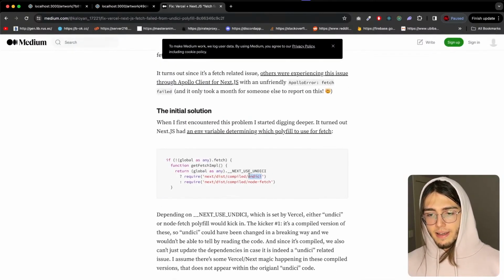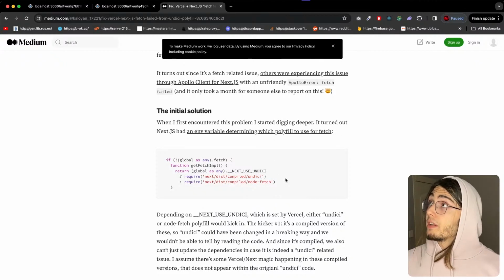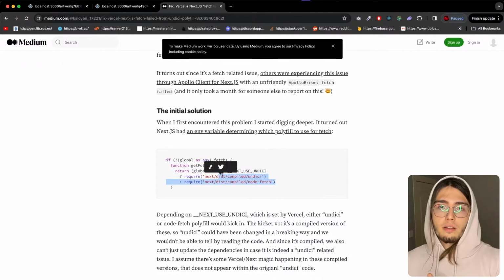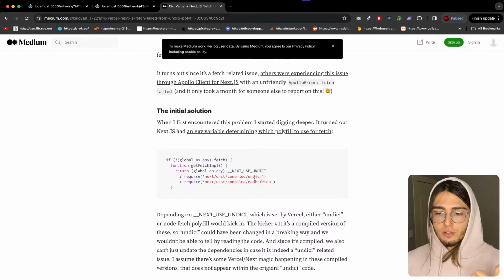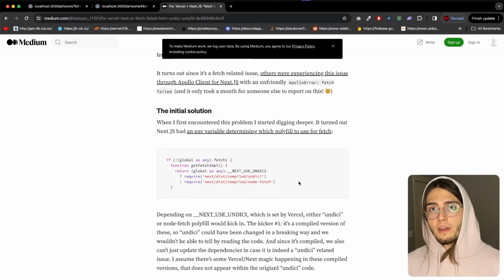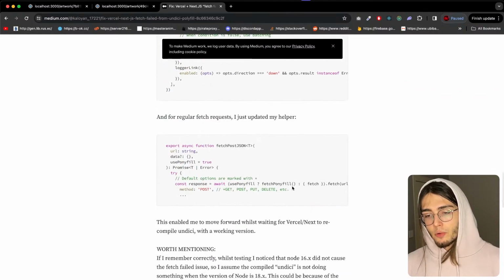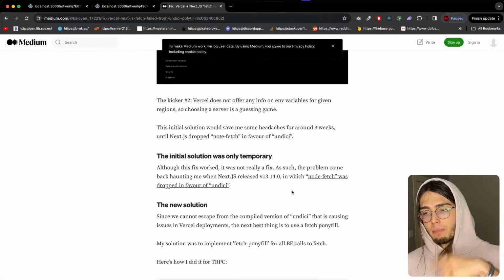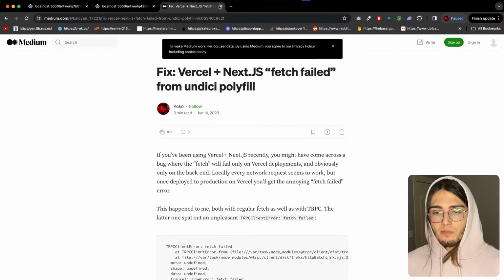It was because the underlying undici was compiled wrongly, and based on the country in which your serverless functions would run, aka in a server in Germany versus France versus UK, it would use node fetch versus undici, and whenever it used undici, the fetch would fail on serverless on edge functions, because the undici needed to be recompiled, because they weren't using a package which could just be updated. It needed to be compiled and then loaded, and that caused issues. But 161 people were happy for this. Anyway,